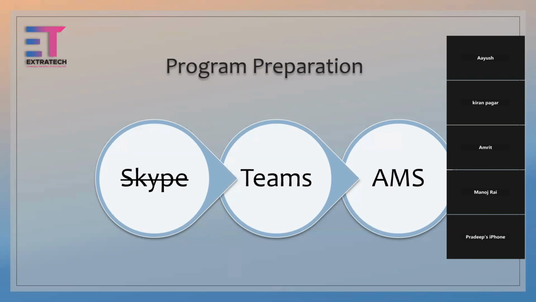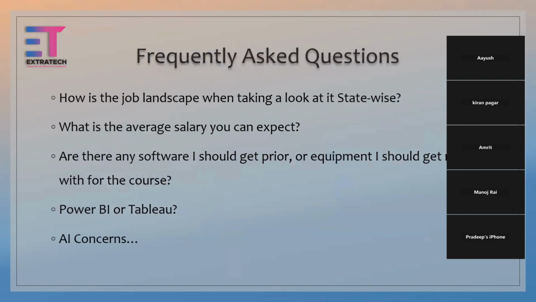The AMS stands for Academic Management System. Once you enroll in the course with us, we will provide you with the credentials to the AMS portal. And then over there, you can access class recordings, resources, materials. All of these things are going to be in the AMS. All right, so these are the things that you need.